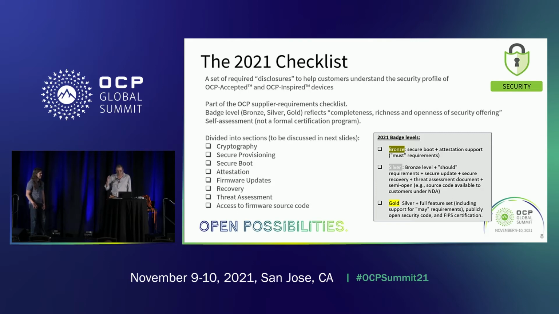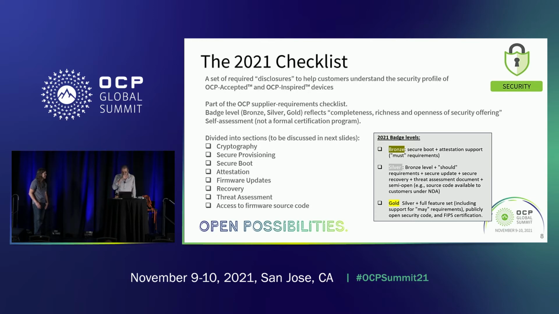The next level after that is additional features like secure update, secure recovery, and also starting to require some additional information. For example, what is your threat model? How do you mitigate various threats for hardware? And some source code disclosure. How do you deal with a customer that wants to audit your source code, your firmware, how you